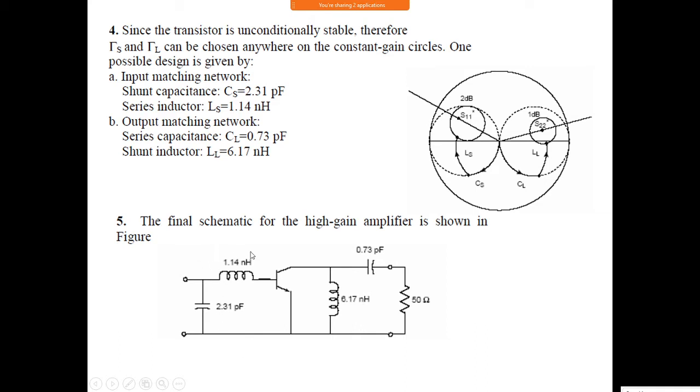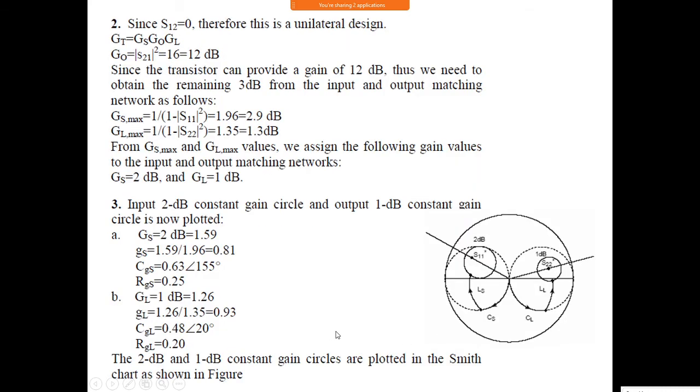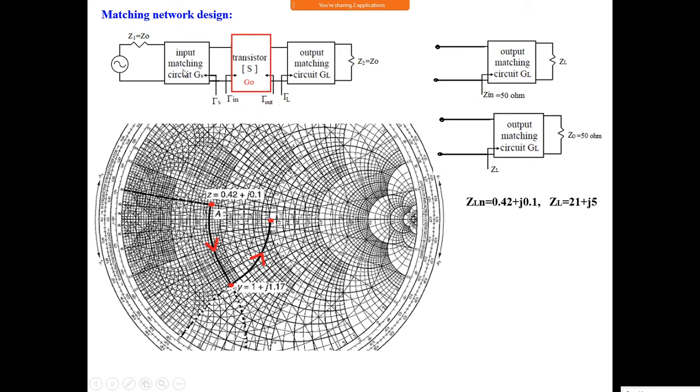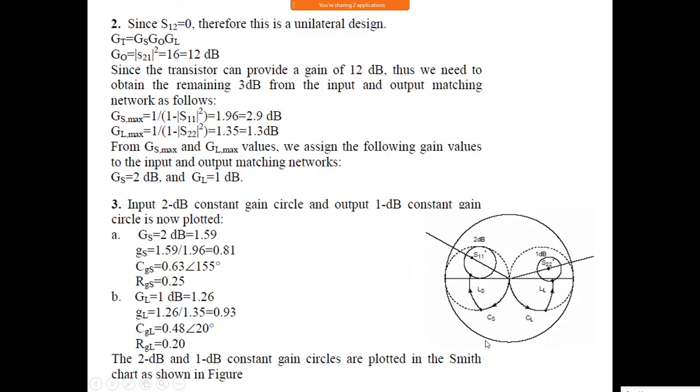So this is the input matching network, and this is the output matching network. You can get 15 dB from this. This gives 12 dB, this gives 2 dB, and this gives 1 dB. So the overall gain of the amplifier is 15 dB. That's why we should use an impedance matching network. Without an impedance matching network, there is a mismatch, the impedance is not matching, and you do not get the gain of 2 dB, 0 dB if you use only 50 ohm here also. So this is one amplifier design.